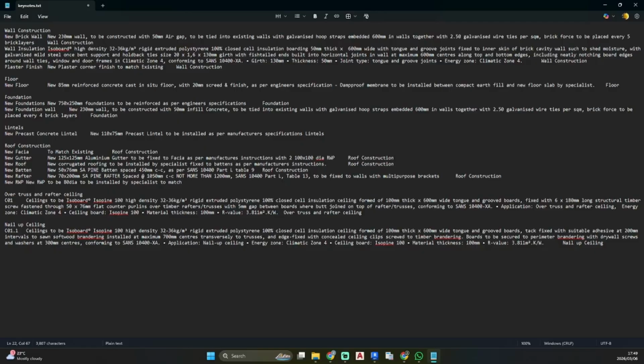Let's see what I have for my gutter. Okay, so this is to be in aluminium. Then aluminium downpipe to be installed by specialist. And tab again and roof construction. So let's go file, save,